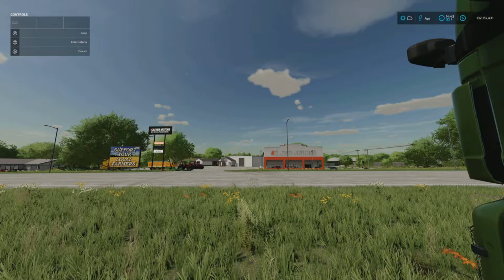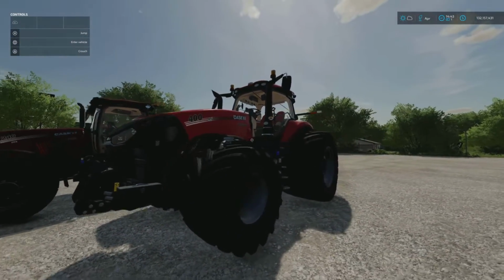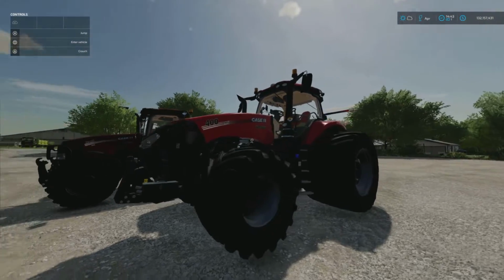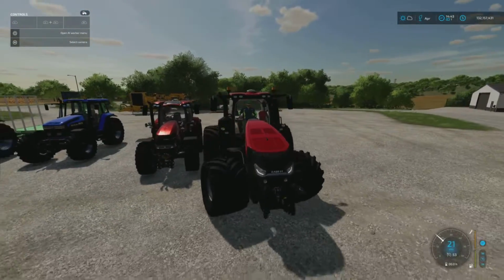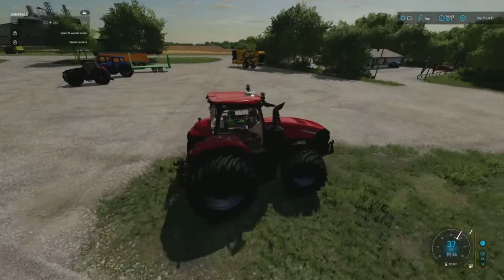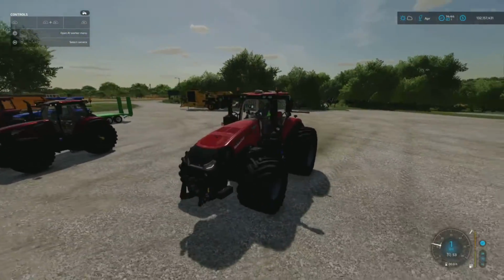Moving on from there, we have the big brother of the Puma series. We have the CaseIH Magnum AFS Connect US EU series by CaseIH Modding. 32.50 megabytes to download. This will use 27 slots on console. Very chunky lad because it has the big LSW wheel option, which I absolutely love. Engine sounds phenomenal. That sounds just nice as. Has a horn,